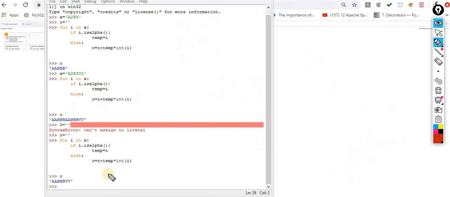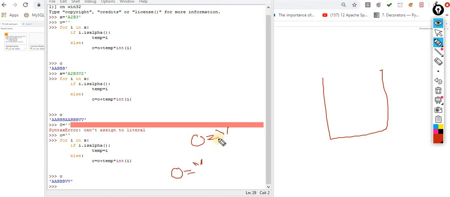This one is an empty variable. In the initial stage, O is empty, just like a big container where you place the data, where you concatenate the data basically. For concatenation, what are you doing? In the first iteration you have empty data. Now you multiply A by 2. Now O becomes AA in the first iteration.